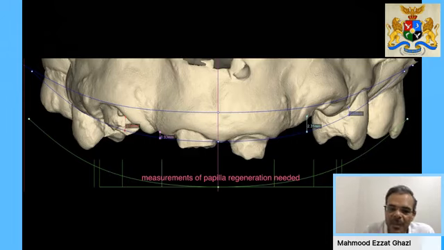So this is my intraoral scan. This is me measuring the deficiencies against the smile design that I had done. Why? The papilla curve shows me where my contact points are going to be. So now I know the amount of deficiencies that I have in each tooth. I can visualize that from my intraoral scan. You can see at the canine area, my deficiency is about 2 millimeters. Between the centrals and the laterals, my deficiency is about 1 millimeter. Between the lateral and canine on the left side is about 2. So I can see the amount of